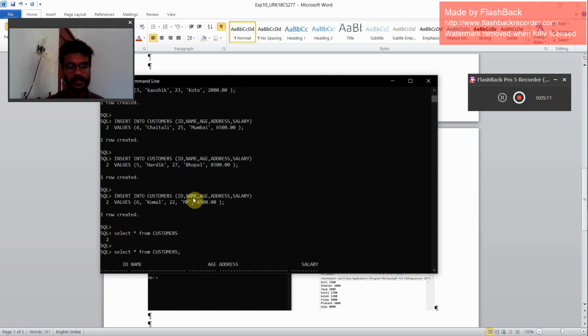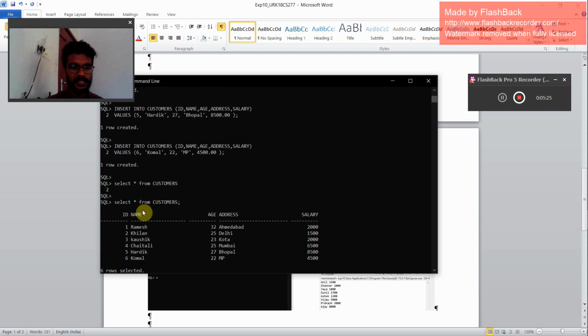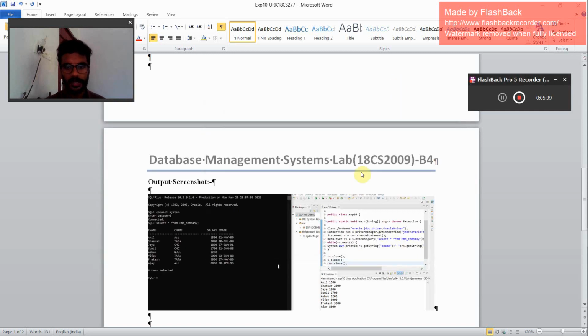The sixth person is Komal, 22, from MP, and his salary will be 4500. So a total of six rows has been created, and select star from customers shows the entire table: Ramesh, Khilan, Kaushik, Chaitali, Hardik, and Komal's details with their age, address, and salaries. Six rows are displayed in this table.